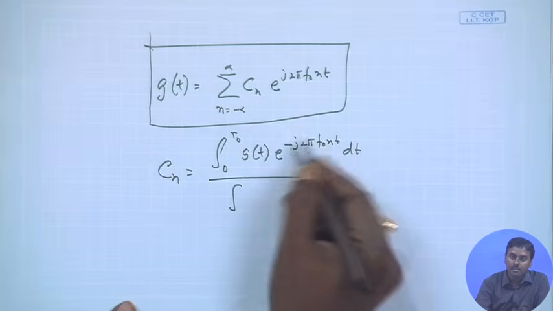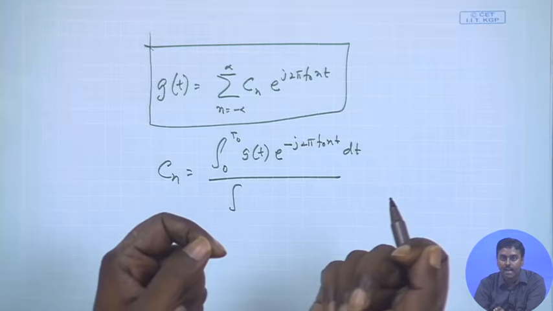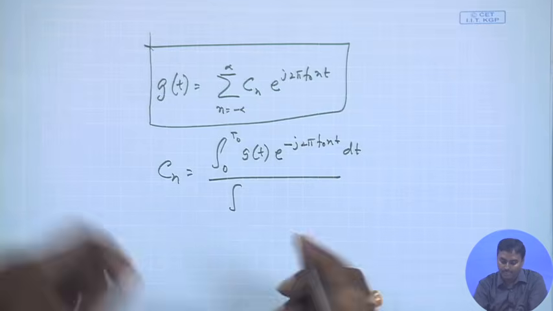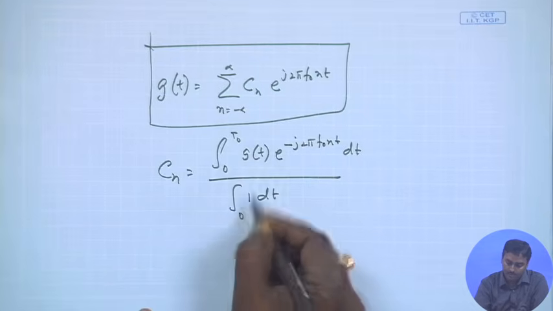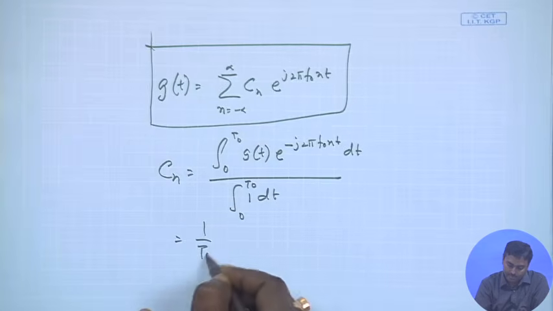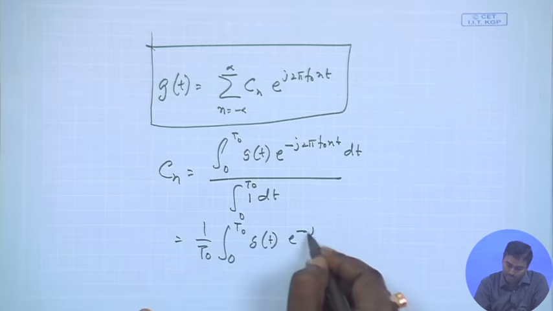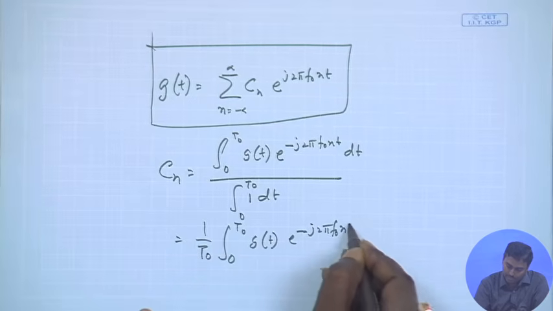divided by this into the complex conjugate of that. They will actually cancel each other, so it will be just 1 dt from 0 to t0. That becomes just 1 by t0. So this becomes 1 by t0, integral from 0 to t0 of g(t) e to the power minus j 2 pi f0 nt